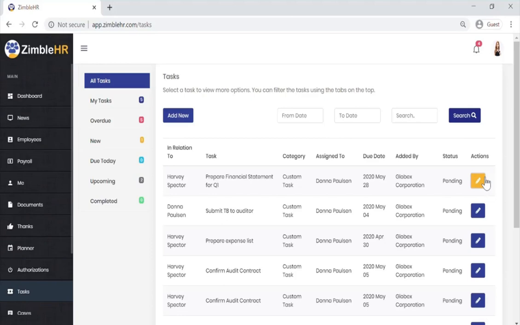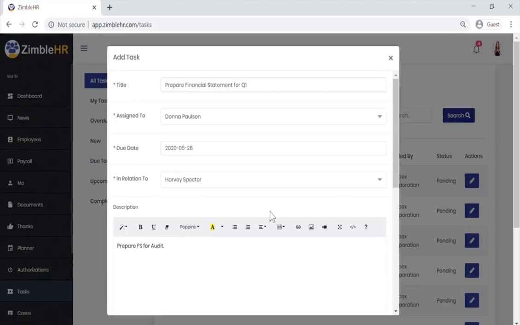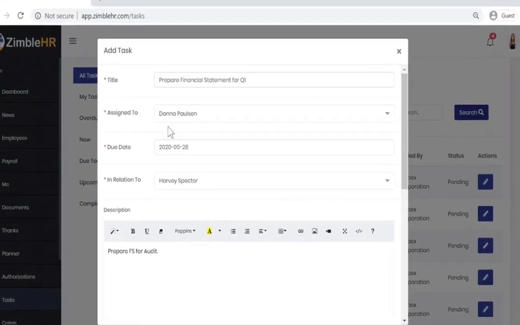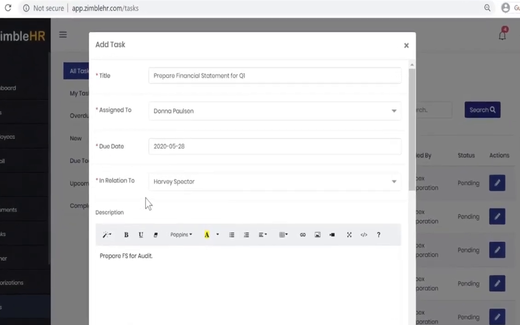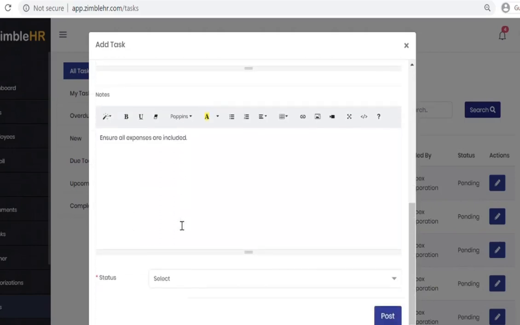To view complete details or to update the status of the task, the employee has to simply hit on the Edit button, where the details can again be reviewed on the pop-up box. Upon scrolling down, you will notice the Status section, where the employee can change the status depending on the progression